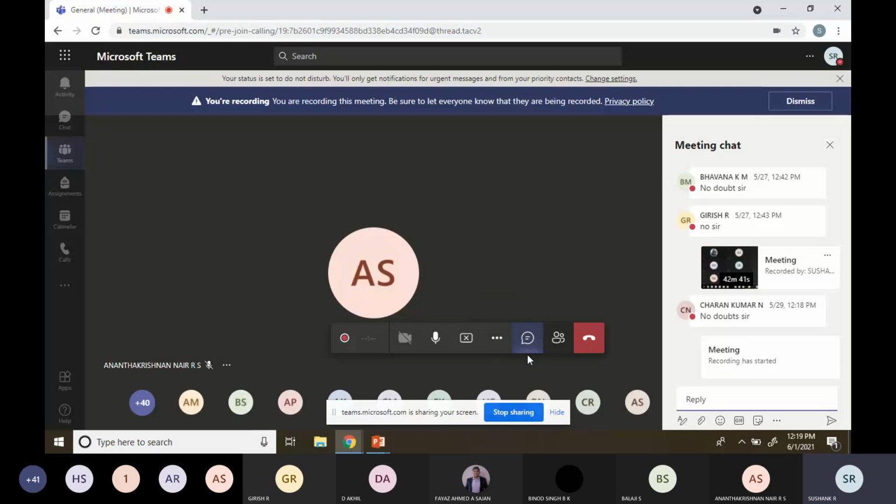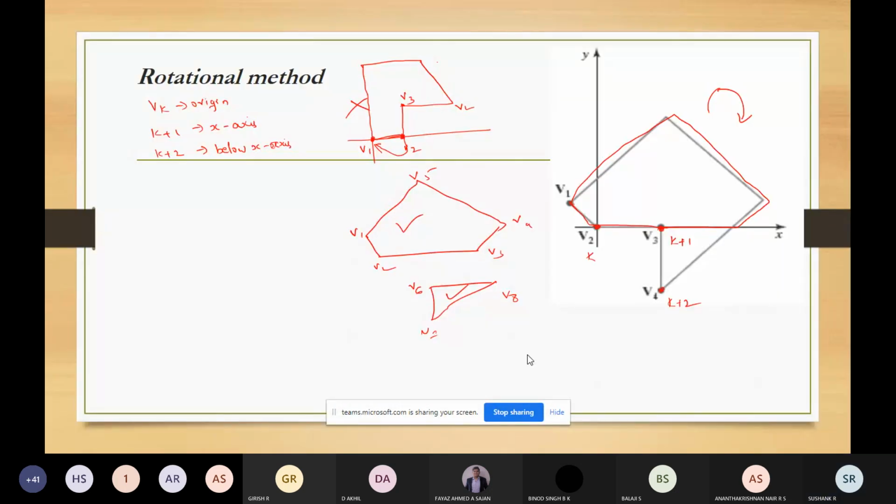See whether you're able to follow this. If you understand these methods, you can write the answers and explain the algorithm in your own words. Once you know the algorithm, you can easily solve any kind of problem. So this is the second one.